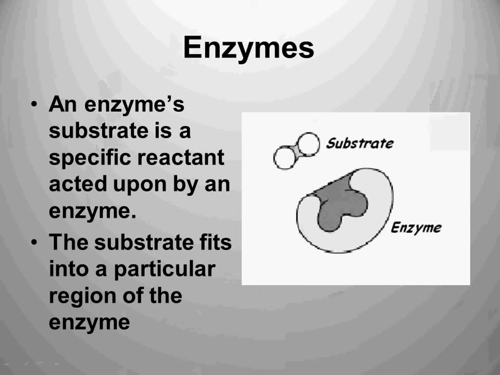Alright, so an enzyme substrate is the specific reactant that's going to react with it. So just like the animation that I showed you, the picture of the two substrates that were going to connect to the enzyme. Well, they had these goofy looking shapes because the enzyme is specifically designed to accept them, or to allow them to bind to the active site. So each particular substrate, like this one right here,